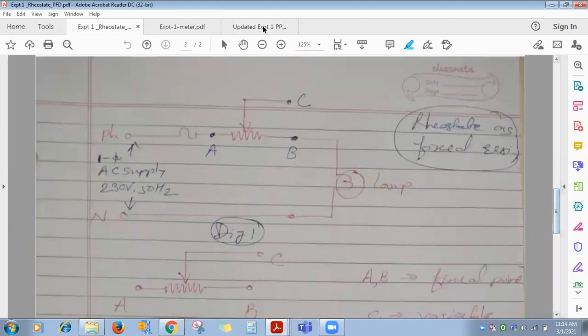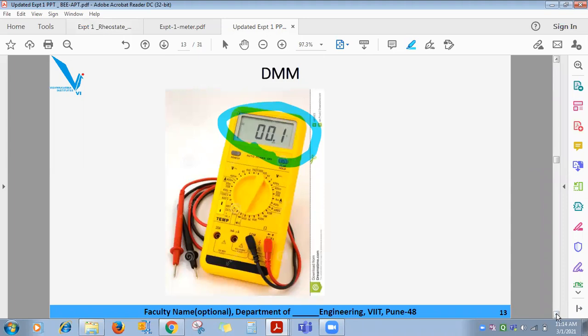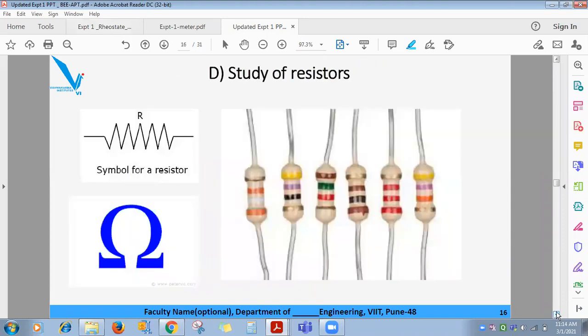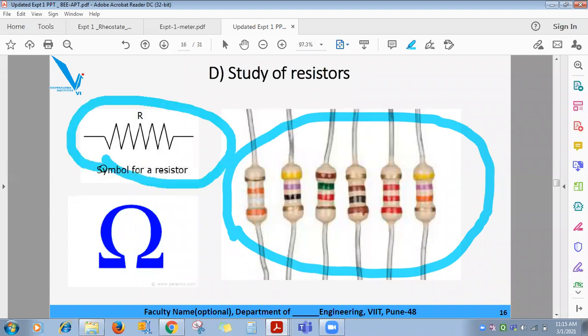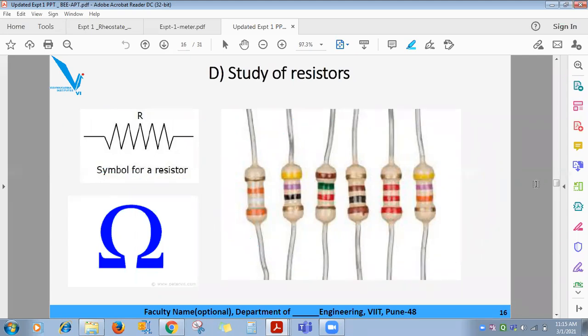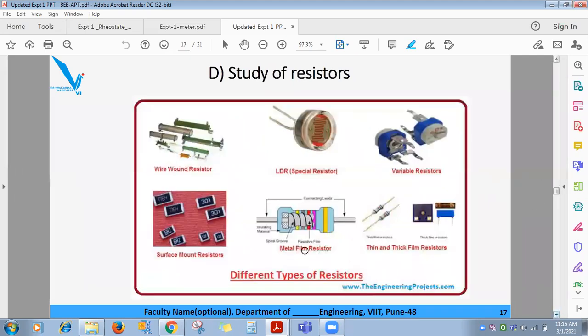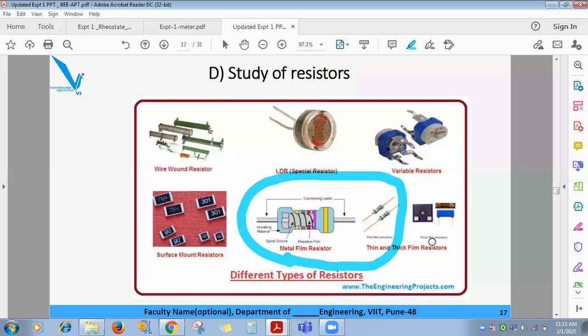Next component is the rheostat. Before that, resistors. This is called carbon composite resistors. These are skin color or dark cream color, right? This is the symbol of resistance. All of you know its unit is ohm. Now these carbon composite resistances come with color bands. In the market, they are also available in blue color. If it is, then that is called metal film resistors.